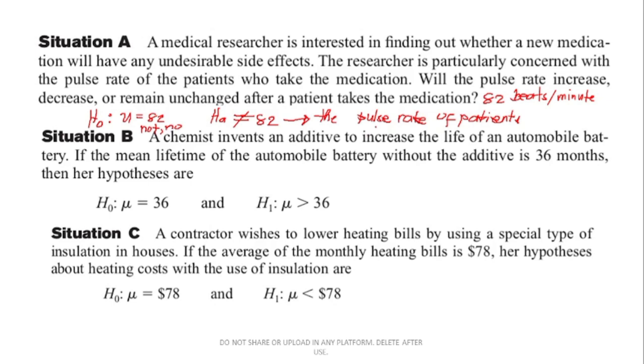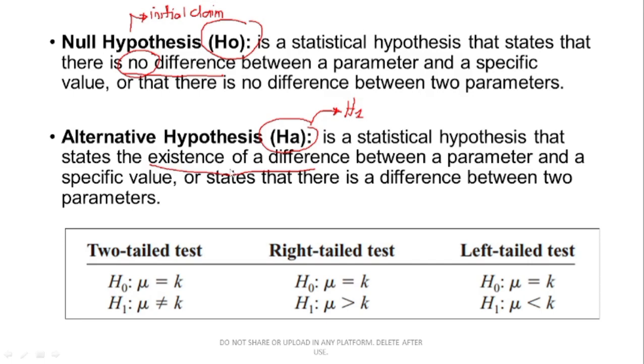Situation B. So, ang tawag natin dito sa hypothesis na to is, ginagamit natin ang hypothesis na yan kapag two-tailed test siya. Kapag merong changes or wala, yun lang yun. May effect or wala yung tinetest natin or yung gusto natin i-prove. Kung may effect or wala, kapag dalawa lang yung magiging effect na may effect or wala, two-tailed test ang tawag natin doon. Meron siyang possible side effects, or pwede niyang taasan or babaan yung pulse rate natin. Okay, yun na lang. Pwede niyang taasan or babaan, two-tailed test siya.